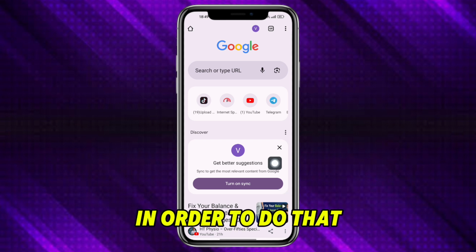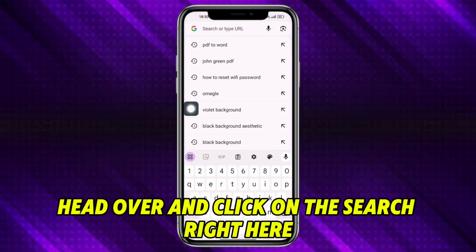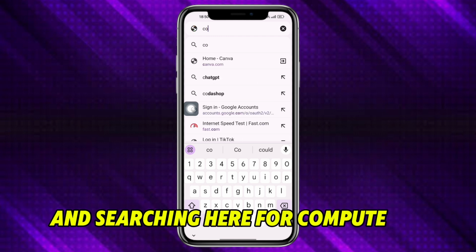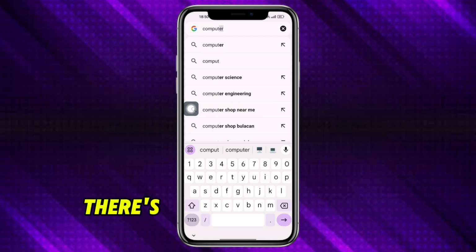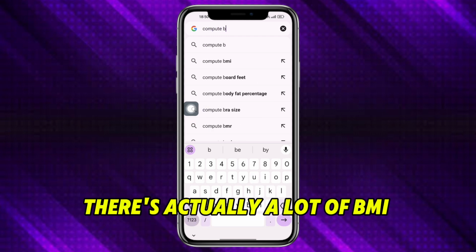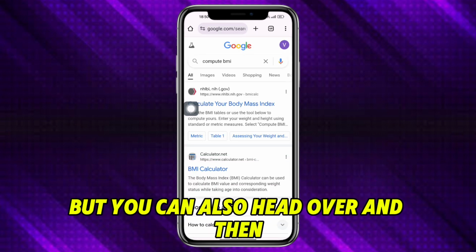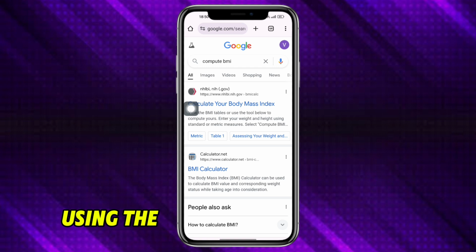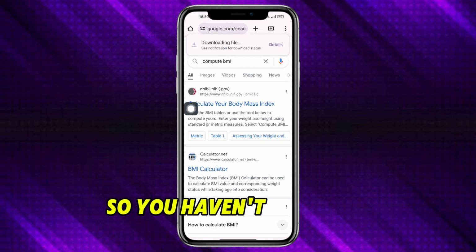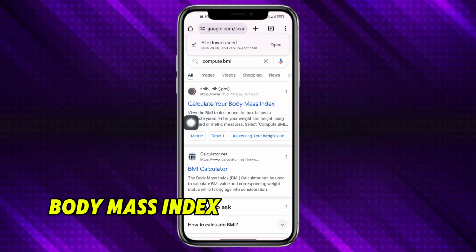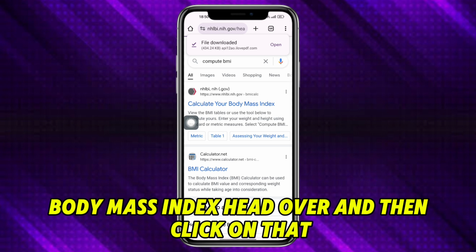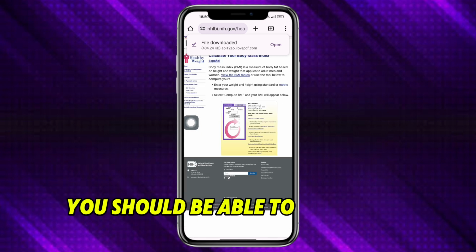So in order to do that, head over and click on the search right here and search in here for compute BMI. So there's actually a lot of BMI calculators online, but you can also compute it by yourself using the formula that they have. So you have in here this "Calculate your body mass index." Head over and click on that, and from in there you should be able to see in here